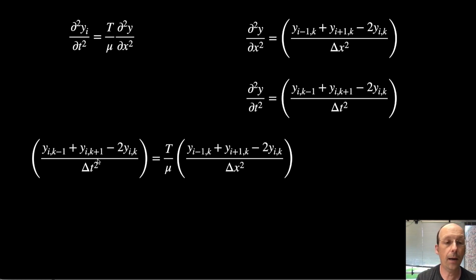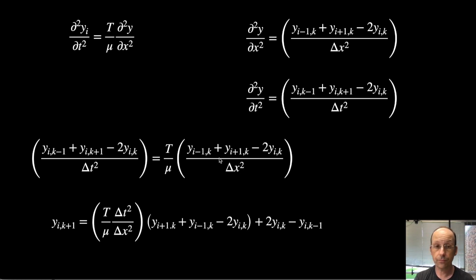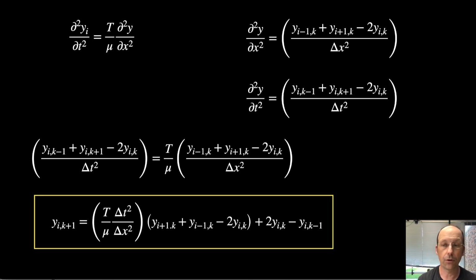So here's my time derivative, second derivative with respect to time, second derivative with respect to space. And what I want to do is to solve this for the ith element in space the next time, right? So that's the future element. So if I could go through each element and find out what its new value is going to be. And this is complicated. I got another slide on this, but this is important, so it's got a box around it. So you notice that i, k plus 1 depends on